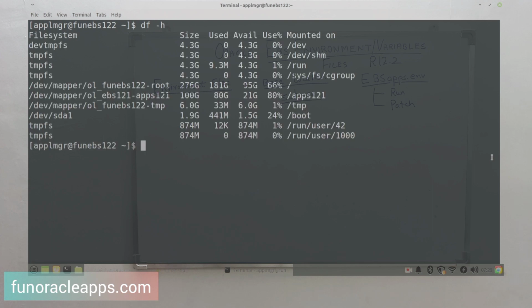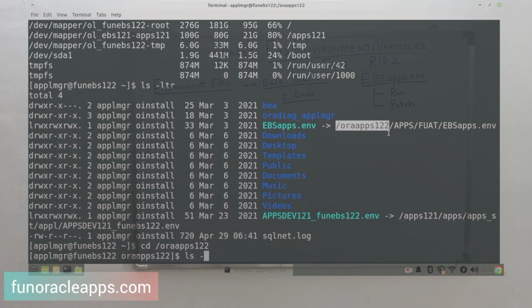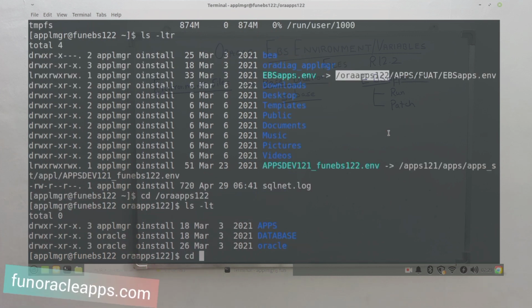I have this file system where my EBS R12.2 is installed. I will go to that location, go to apps, and FUAT. So this is your base location.